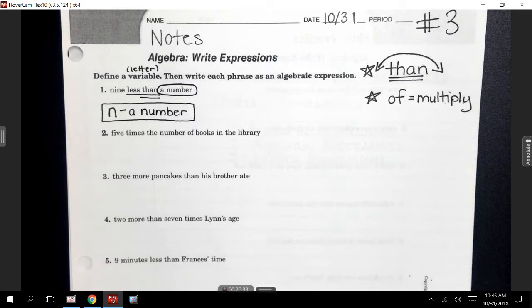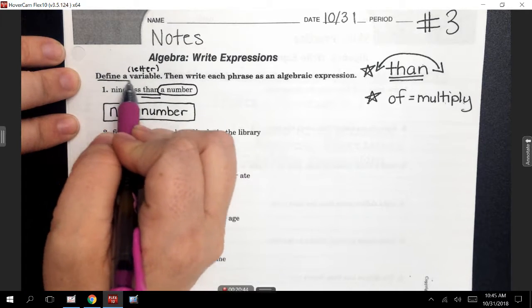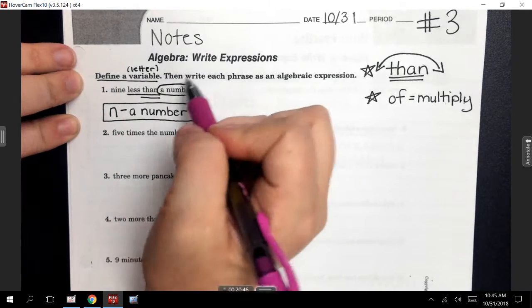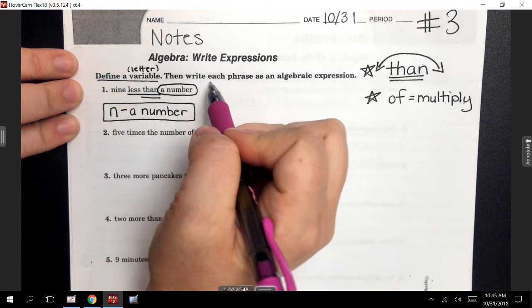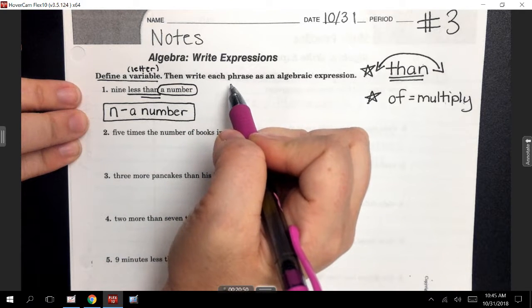Is it telling us what it is right now? No. Which is fine, guys. We're not working it out. You're just going to write a problem down, okay? So that would be our answer. That is this first part. We defined a variable. Now, we need to write the phrase,